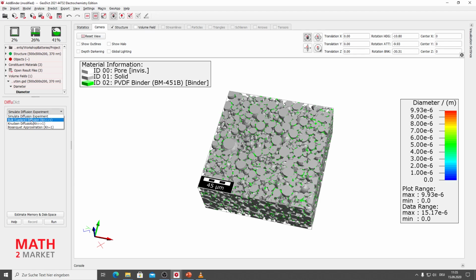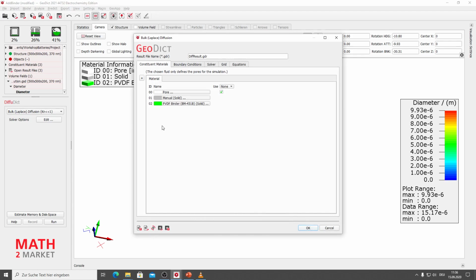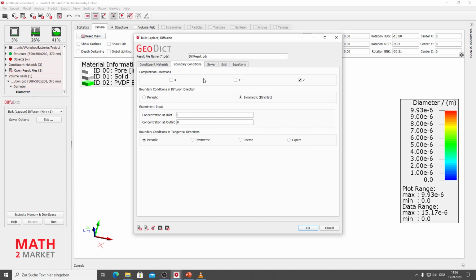So for calculating the tortuosities, we only need the first one here, the bulk diffusion. And then we click on Edit. And in the Boundary Conditions tab, we choose the X and the Z direction for computational directions, so the diffusivity in X and in Z direction is being calculated.